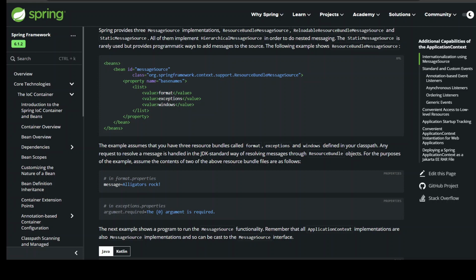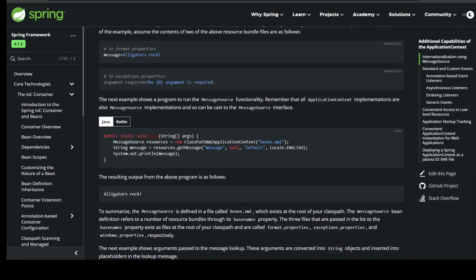Any request to resolve a message is handled in the JDK standard way of resolving messages through resource bundle objects. For the purposes of the example, assume the contents of 2 of the above resource bundle files are as follows. The next example shows a program to run the message source functionality. Remember that all application context implementations are also message source implementations and so can be cast to the message source